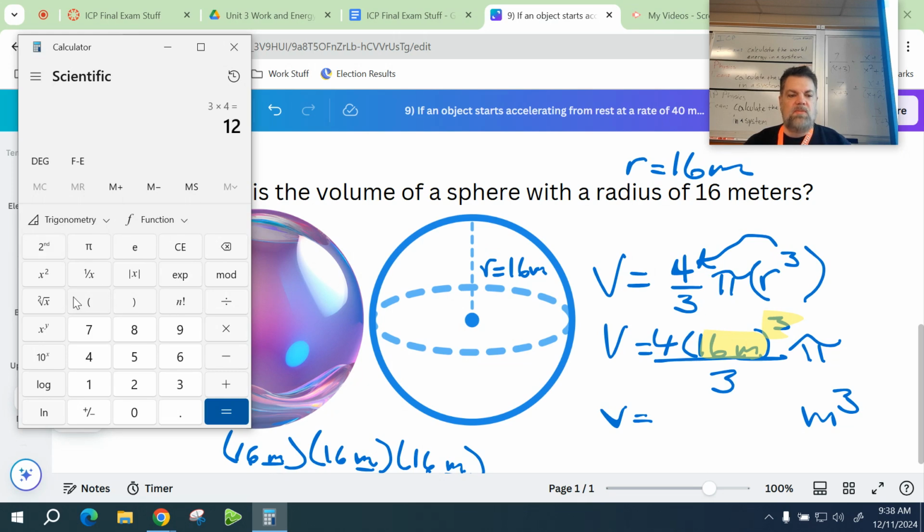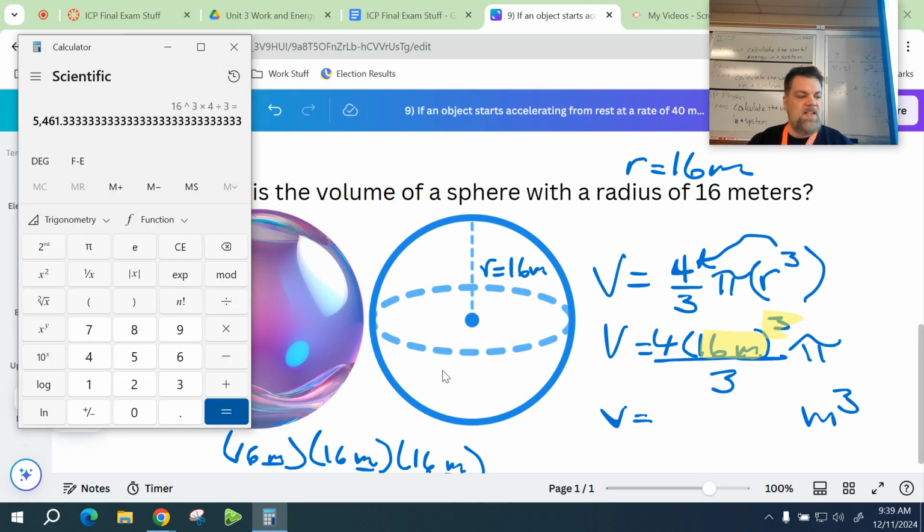Or you could do it, what was it? It was 16 cubed times 4, and then we're going to divide by 3. So you get like 5,461. I think there was some rounding